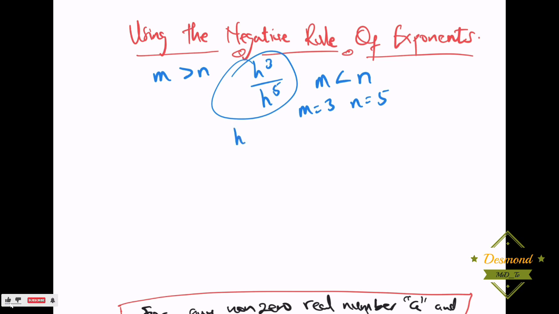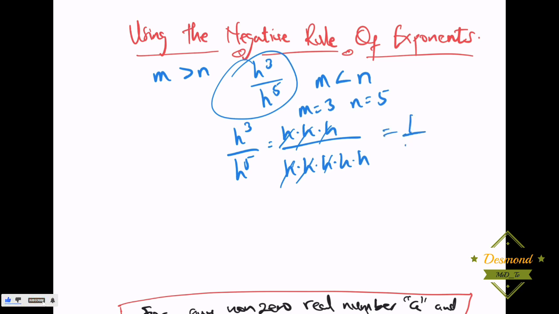With h exponent 3 and h exponent 5, we can also write it in the form of h dot h dot h, which is 3, on h dot h dot h dot h dot h, which is 5 down. So let's cancel out. When we cancel, we should get 1. This cancels, this cancels. Then we are going to have 1 on h dot h,